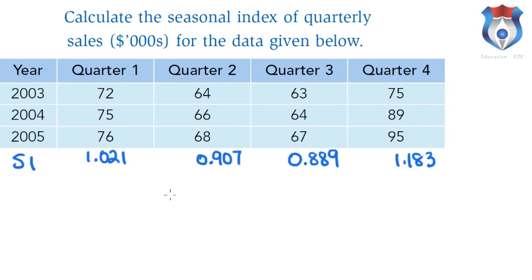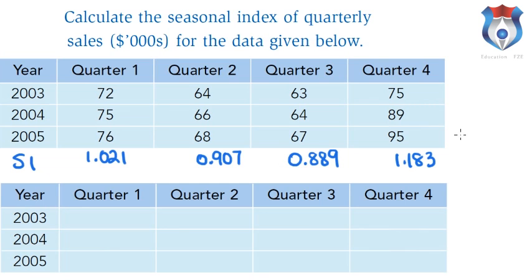Once you know what the seasonal index numbers are, whether because you've worked it out like this or because you've been given them at the start of the question, you can then deseasonalize this data. What deseasonalizing does is it smooths it out. It takes away some of the seasonal fluctuations that occur. And the way you do that is using this formula. The deseasonalized value equals the actual value divided by the seasonal index. So for this 72 figure here, we want to do the actual 72 divided by its seasonal index, which is 1.021. So I'm going to say 72 divided by 1.021, which is